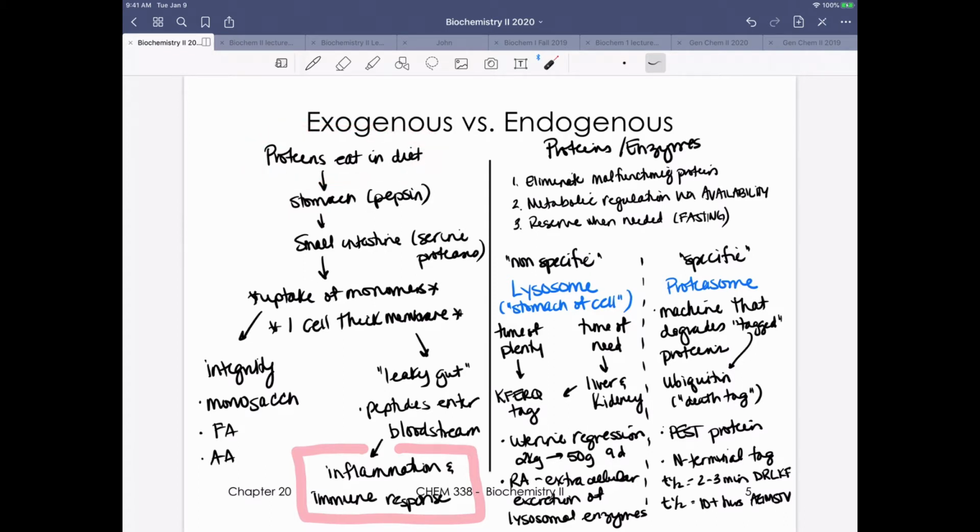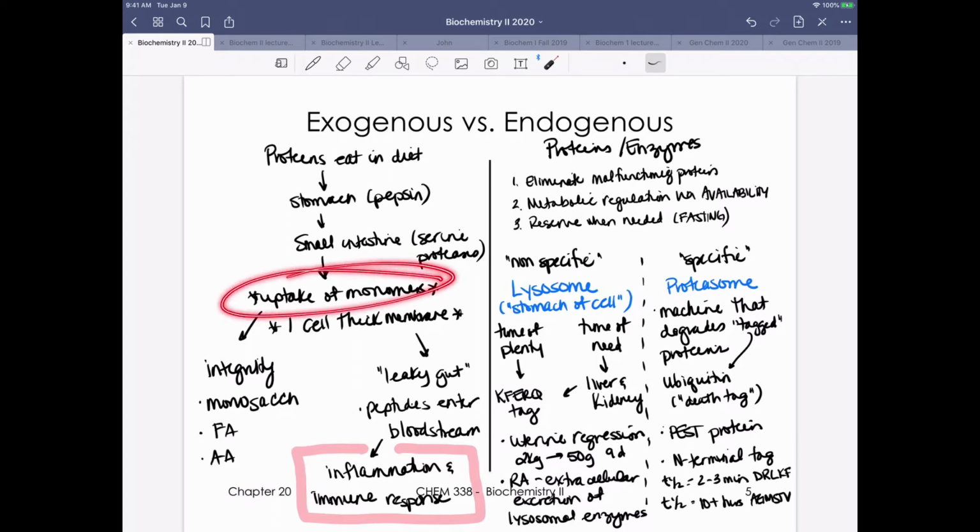So just like we walked through what happens when you eat some lipids in your diet, we're going to talk about the same process with regards to proteins. Proteins within the stomach encounter the enzyme pepsin, which helps to break the peptide bond. And then we learned about our serine proteases that are synthesized by the pancreas and then secreted into our gastrointestinal tract, where they act in the small intestine to continue to break apart peptide bonds to give us those free